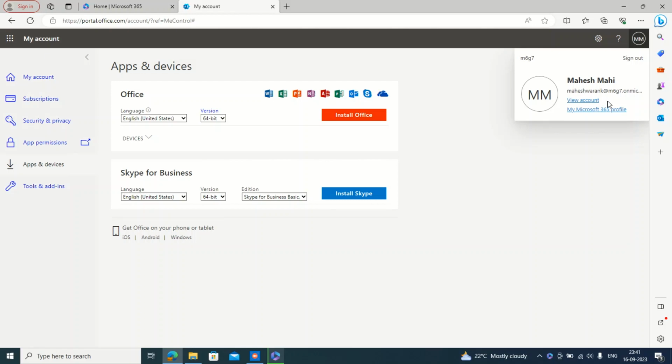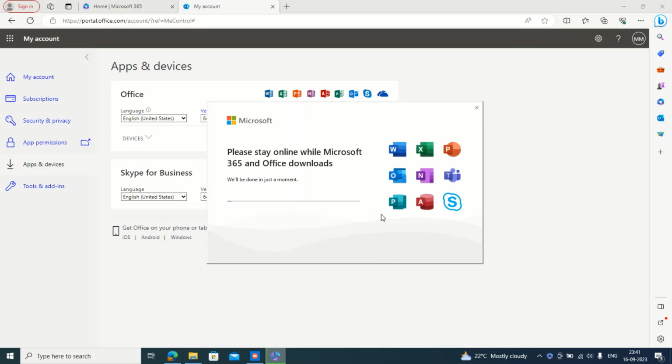The Office 365 license should include the Office 365 or Microsoft 365 apps. Usually E3, E5 and so on come with this feature, so you can download these Office apps, and by using your Office account you can